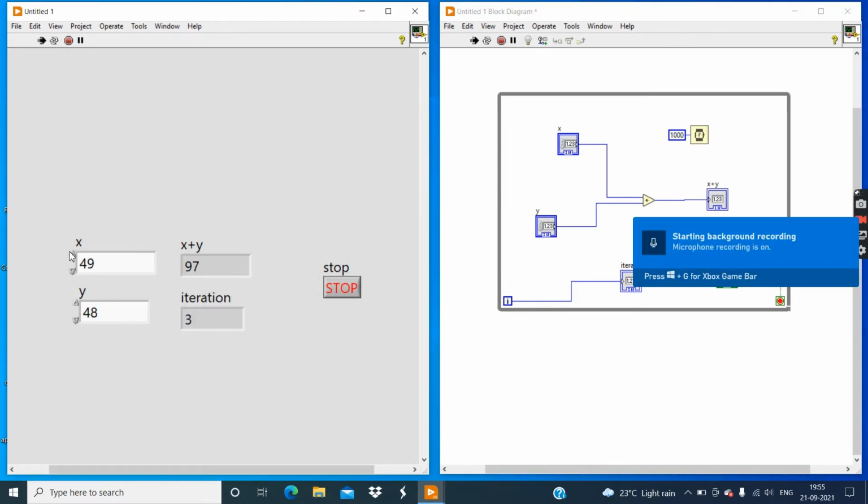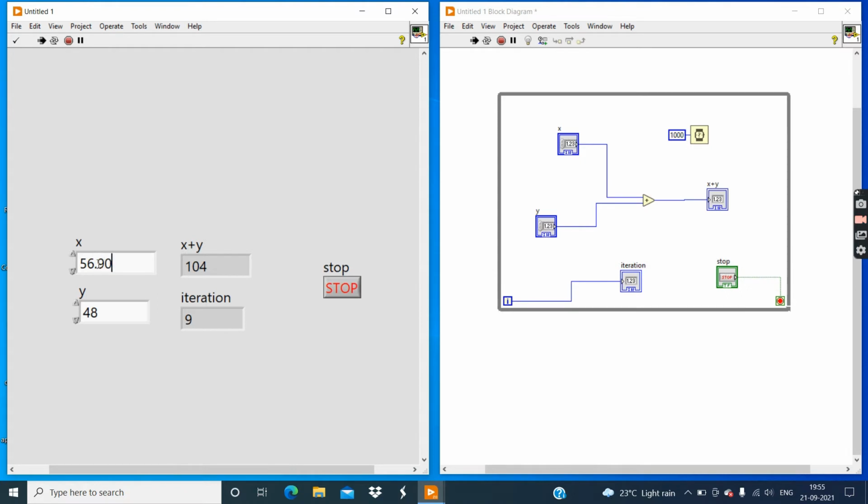Now you can see the result. If I try to enter point values, for example 56.90, you can see point values are not accepted by this controller. I'm entering on this Y controller 48.23. You can see the point value is not accepted by this controller.